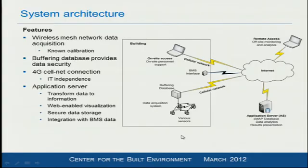So how does this all work? There's a pretty simple overview diagram, and probably obvious to a lot of you techies here how this all works. Basically, we have all the sensors and wireless network down here. We have the buffering database where we store it on site here, and then we ship it in a lot of different ways. But we've been using the cellular network mostly. Works very well on 4G